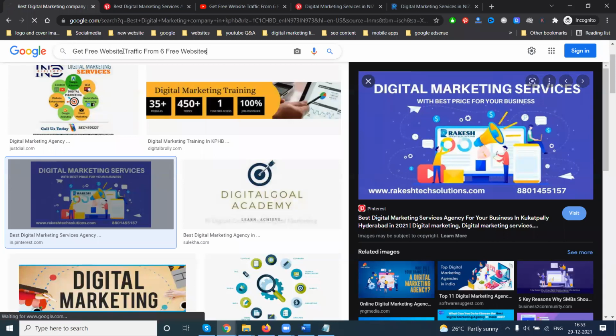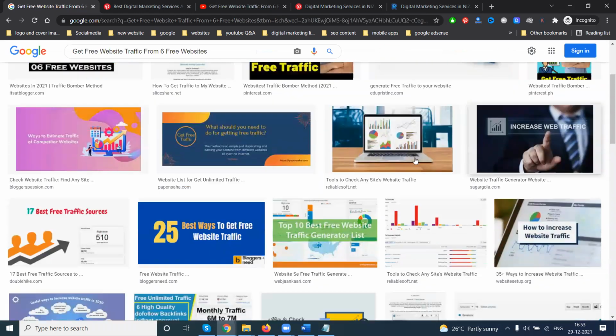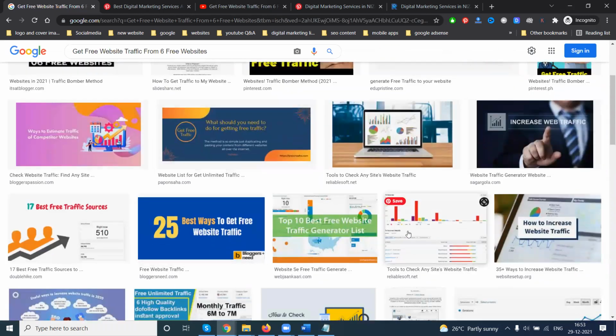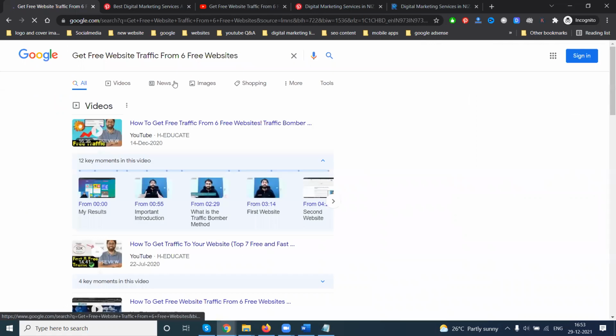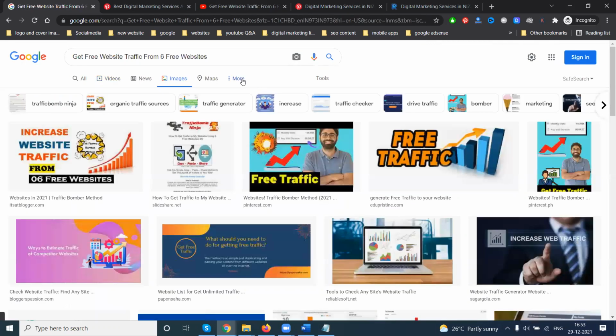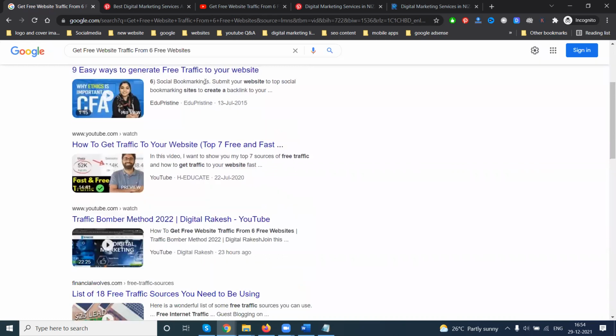In the same URL, it will be searched with different patterns. The different patterns can be used for indexing purposes in a particular option. And one more thing, guys, here we can click in the images. My YouTube link is also showing for Google images, so we can use the Pinterest option. Pinterest will be useful in two areas: one is the Google search engine, the search part, the image part, and the video part also. Not only for images, not only for content, it supports image, video, and content also.